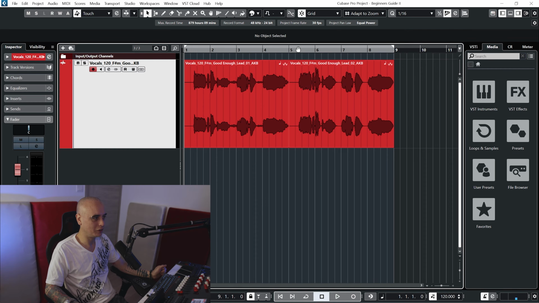You can see the cursor changes to this little hand icon. And if I left click now, you can see this whole section has now turned purple. And this purple section is basically our loop zone. So if I press play, once the playhead gets to the end of bar 8, it will loop back round